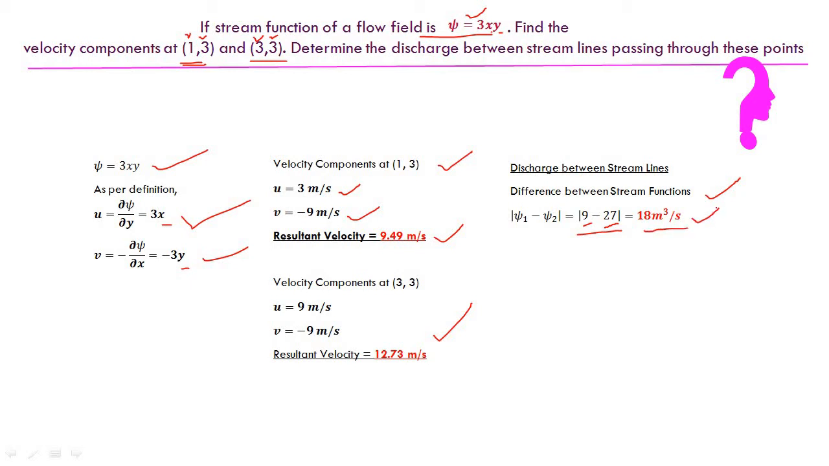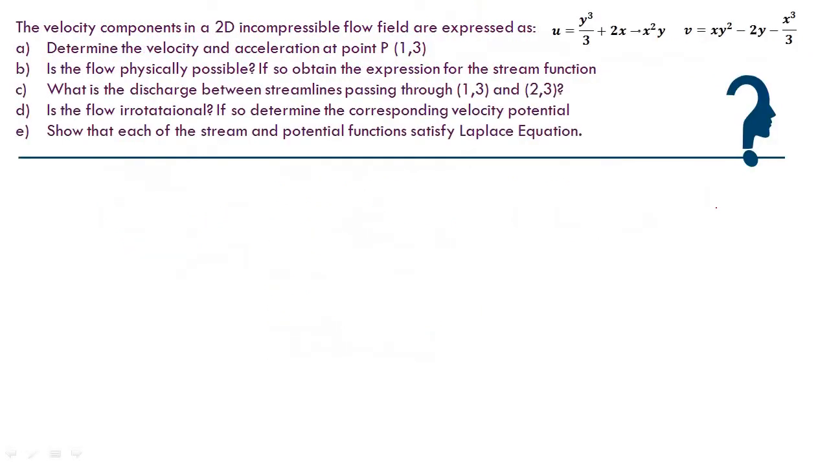So the discharge of flow between the two stream functions, or the rate of flow of fluid between the two streamlines given, is 18 meter cube per second in absolute units. So this is very important. And now we move on to the last problem in this section. This problem